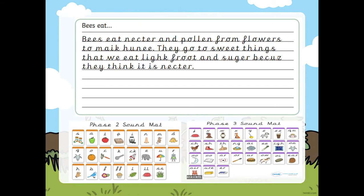Hopefully, children, you have read that really well back to your mummies and daddies, and we'll go over it now together. So we've got bees eat. Now that says bees eat there, so I expect you to copy that one there, but you might not write eat like that. That is a phase 5 sound. We might write it like E, as in this one, as in E and leak. So bees eat